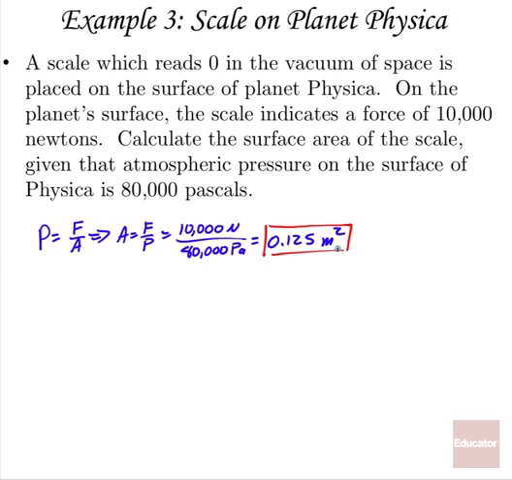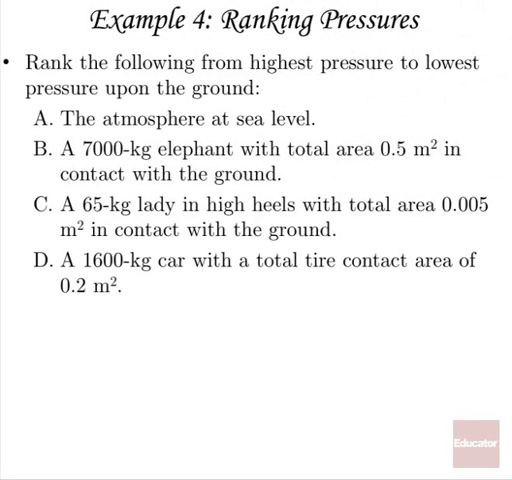Let's see if we can't rank some pressures. Rank the following from highest pressure to lowest pressure upon the ground. The atmosphere at sea level. Well, that we know is right around 100,000 pascals. A 7,000 kilogram elephant with total area 0.5 square meter in contact with the ground. Well, pressure will be force over area, or that'll be 7,000 kilograms times g, 10, over the area of 0.5, or about 140,000